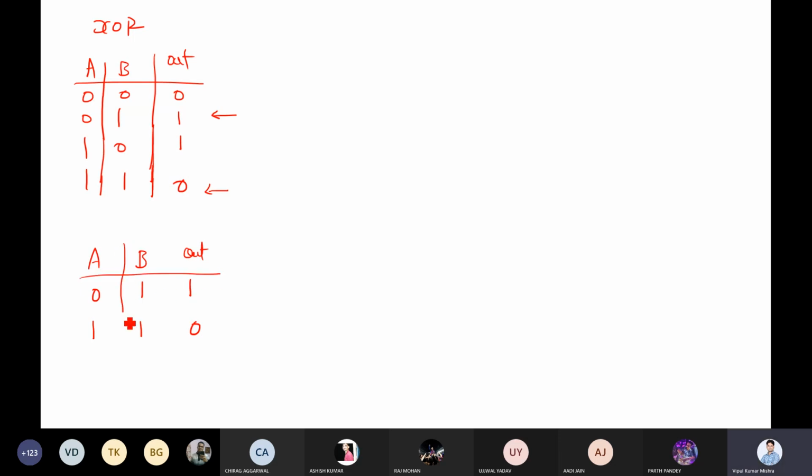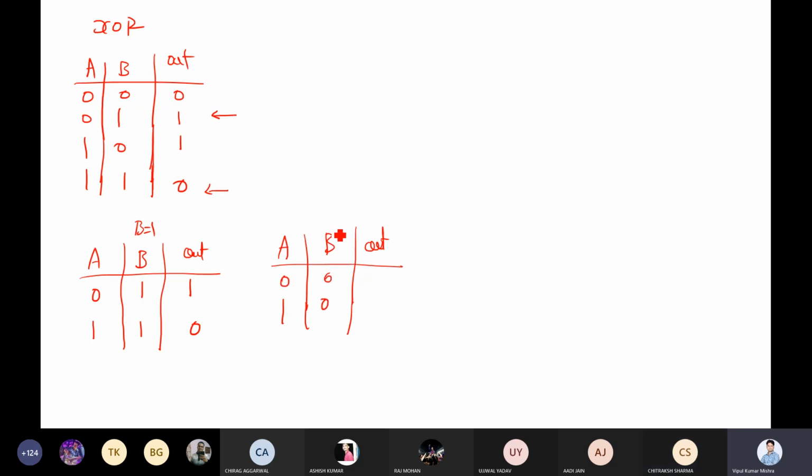Can we find something here? So here I have fixed B equal to 1. Can you find, if B equal to 1, what is the relation between A and out? Complement. Which gate is that? The NOT gate of A. NOT gate means it is taking complement.